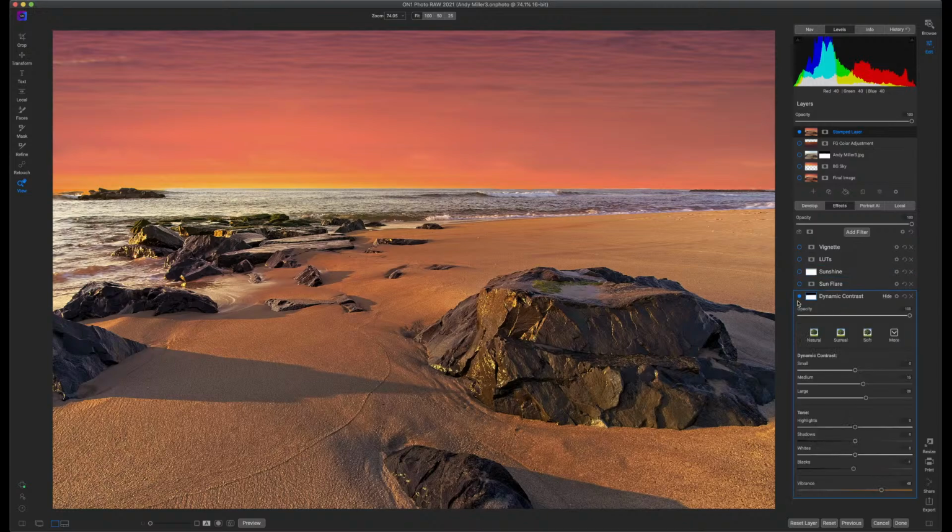So the very first thing is I thought the image was looking a little dull in the foreground. So I added in dynamic contrast. That's going to get this to pop a little bit more. It makes this a little bit darker, which matches the sky, because the foreground, depending on where the sun is and how it's shining, which in this picture, it's shining this direction, right? This particular sunset doesn't quite match the sun's direction, but I said, you know what, I'm gonna roll with it, and that was just a creative choice that I chose. However, I wanted this to stand out, so I added in some dynamic contrast,